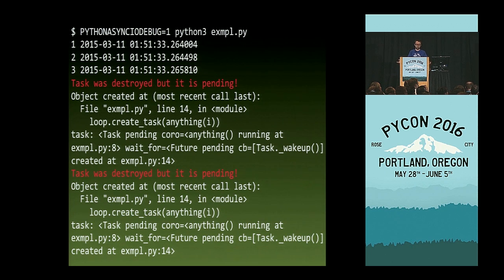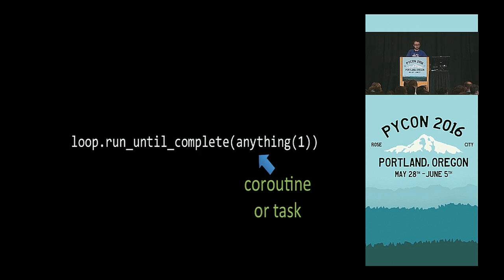What are we doing? Maybe there is a way to say to the loop, please execute this for as long as it takes until it completes. And actually there is, and it's called exactly as you would expect, run until complete. That's true for a single coroutine, but what if we have many of them? This is where the composability of coroutines comes in.